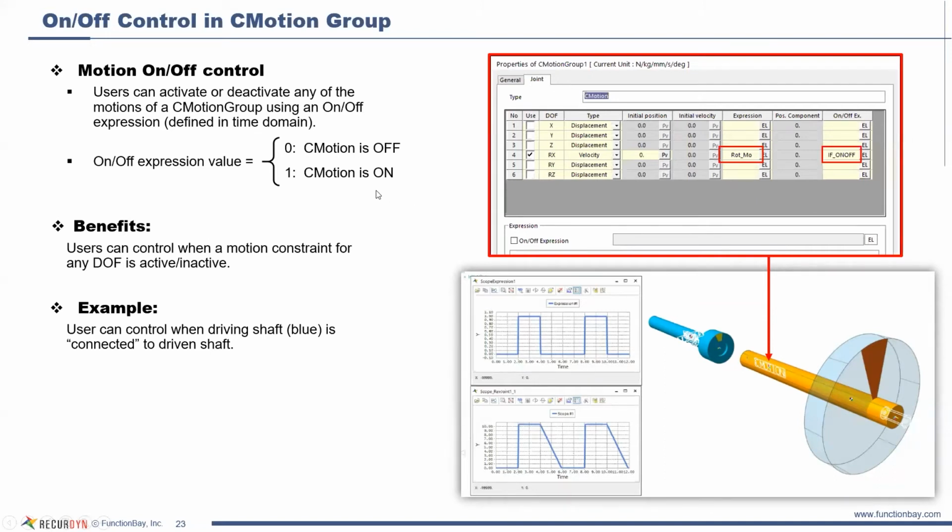So the enhancement in V9R5 is that you can now control whether the constraint is active using an on-off expression. The way it works is that if the value of the on-off expression is 0, then the constraint is off. But if the value of the expression is 1, then the constraint is on. So in this example here,